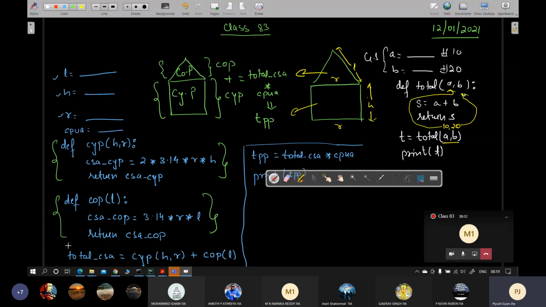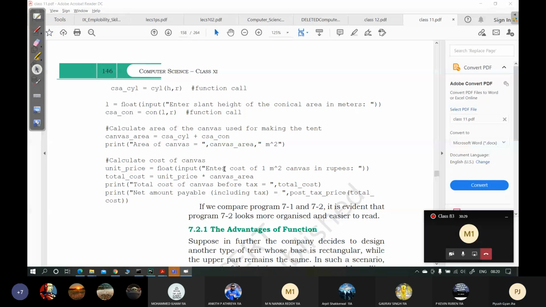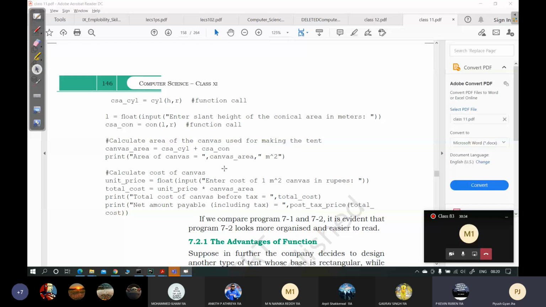Let's say यहाँ पे उन्होंने x ले लिया. X is equals to CYPHR and y is equals to COPL. And then here they have written x plus y. वो उस तरह किया है. Though you can do that way also. No, there is not much of a difference. Okay. So उसमें वो लोग देखोगे. This one seems like a more simpler approach.